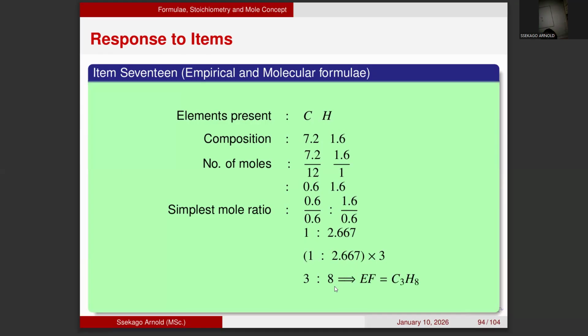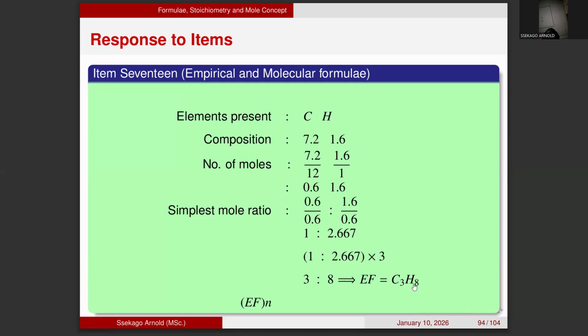As a result, the empirical formula will be C3H8. This is the empirical formula. Now I proceed to molecular formula. To determine molecular formula, we use empirical formula times N equals molecular mass, but we don't have molecular mass. However, we have a hint which has been given that we can use to